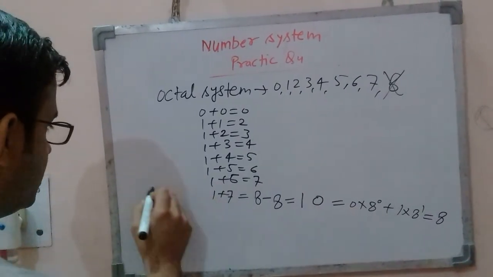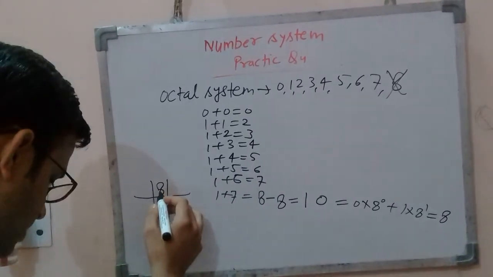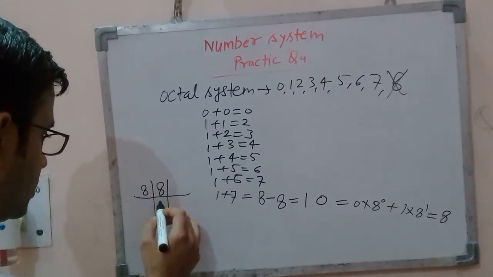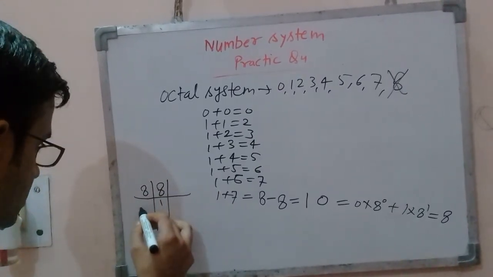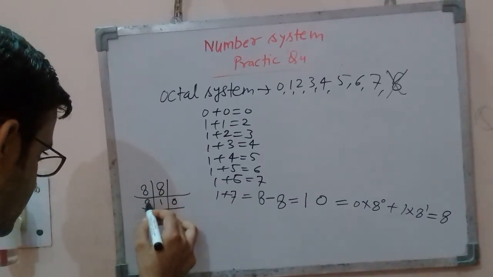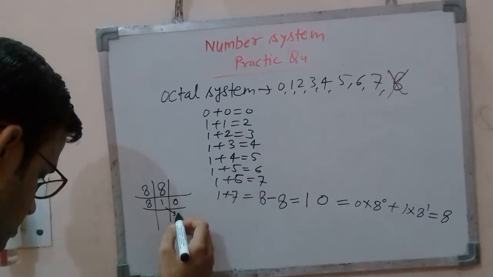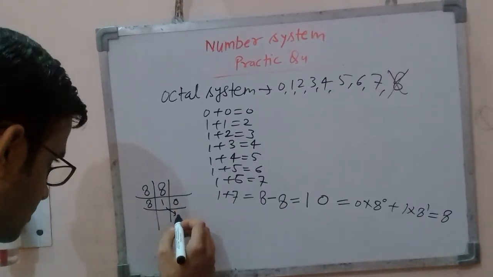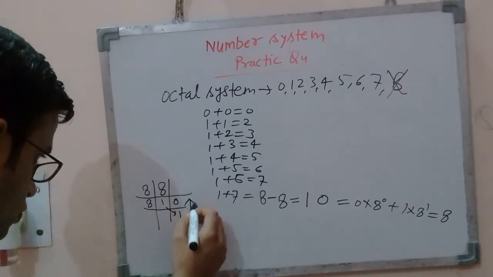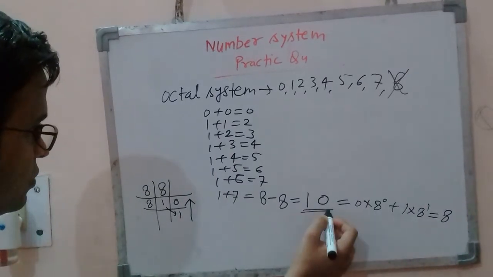See here, if this is 8 and you want to convert this decimal 8 into octal, then divide by 8. So 8 1s are 8, right? Remainder is 0. Again you divide by 8. 1 by 8 will not be divided, that means you will get remaining 1. So you go from bottom to top, you will get 1 and 0. So the same 1 and 0 I have written here.